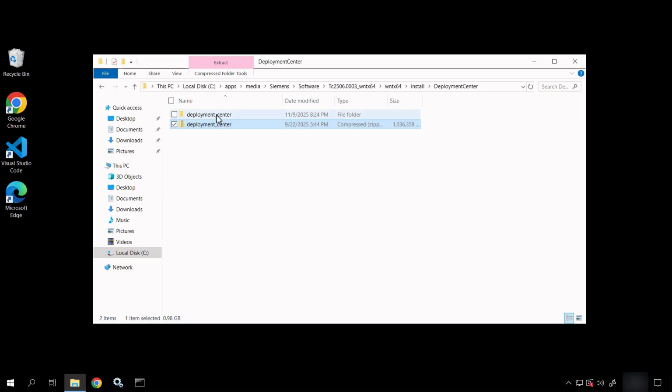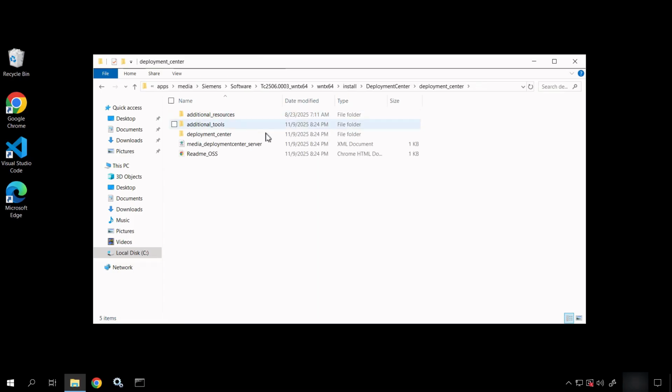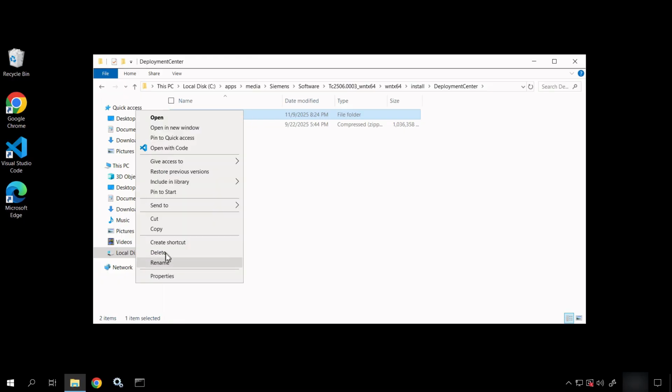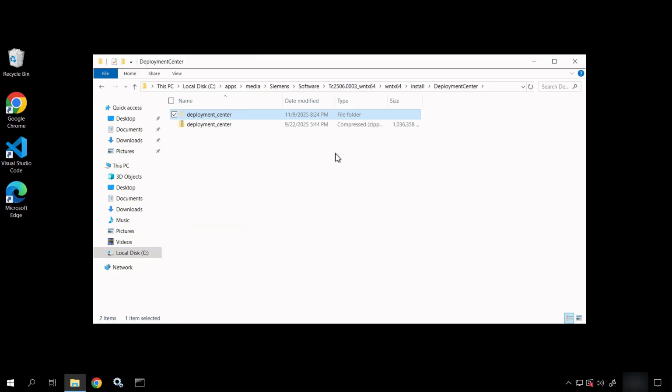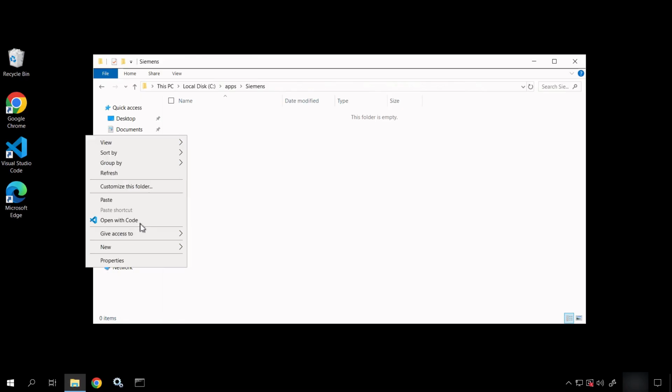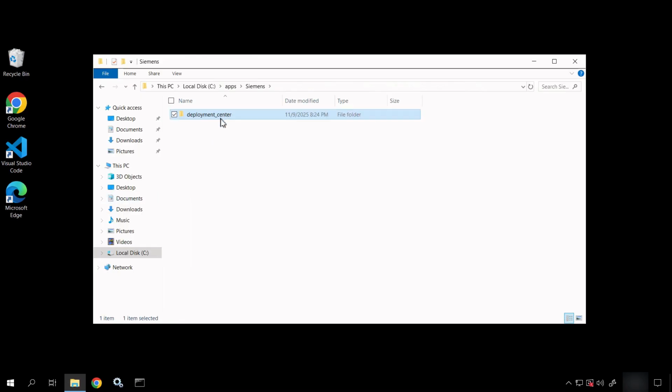All right, so this is extracted, and you can see this is essentially Deployment Center, like the media and the tools to build that out. So what I usually do is I'll take this, and again, to each his own, or her own. If I go into apps, I'll go into the Siemens folder, and typically I'll just paste it here, and then I'll give it the format that I like, which is